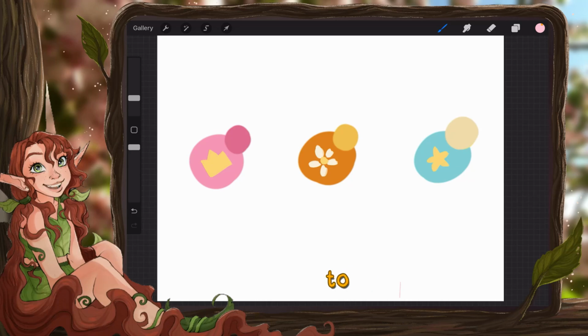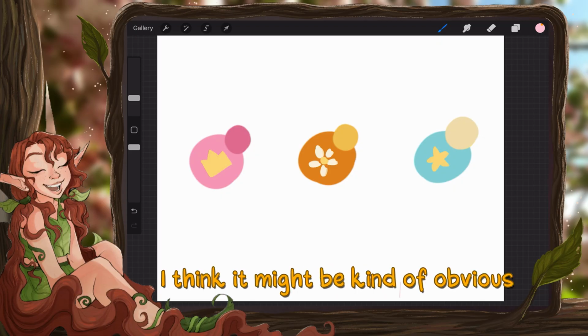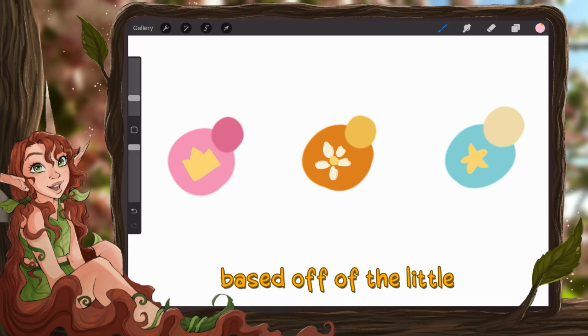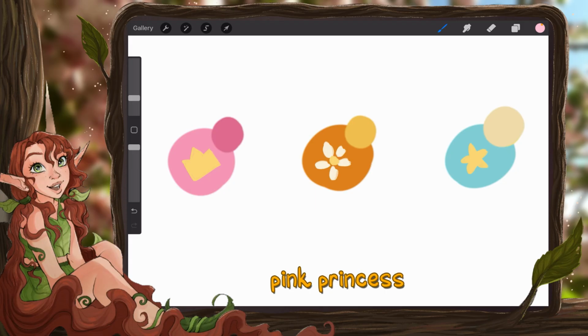Today I wanted to design a few different outfits for three princesses that belong to a company that I'm afraid of, so I'm not going to say their names. I think it might be kind of obvious who they are from the little color palette thing that I've drawn out. I'm going to call them Pink Princess, Flower Princess, and Star Princess, and leave it at that